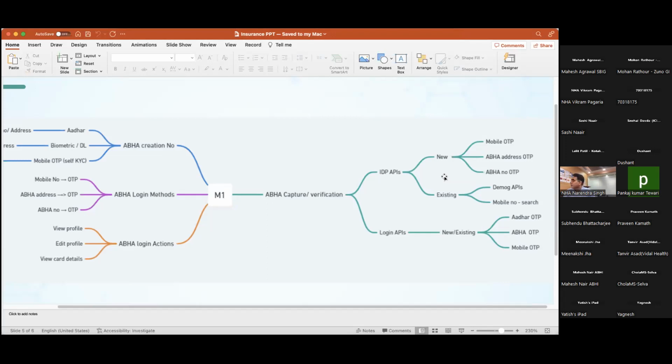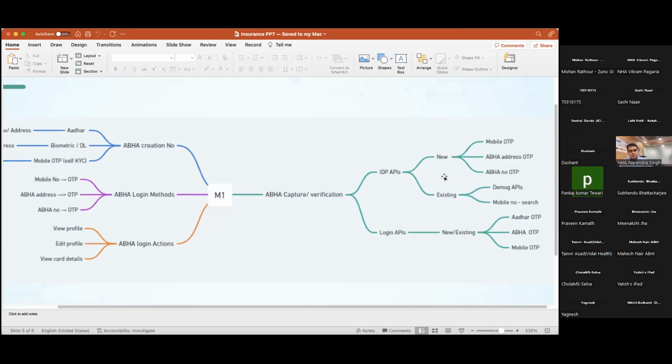This is in case of existing users. Okay, so let me go back a bit. During your enrollment process, for example, you will ask the user to declare his ABHA number. When he says, sir, I don't know, but I have a mobile number that can be verified,